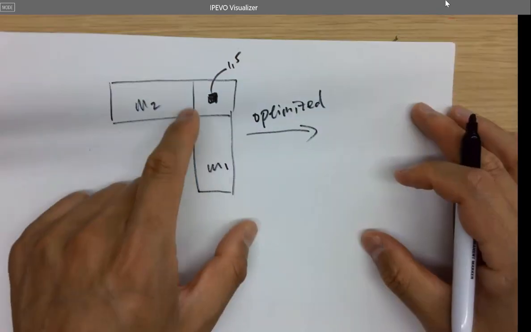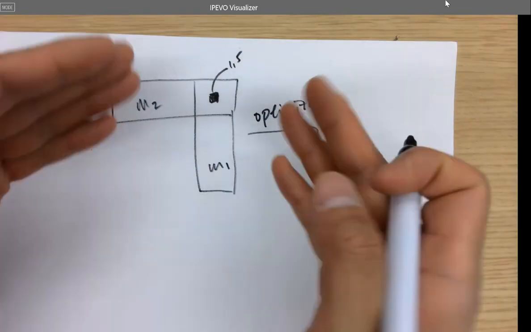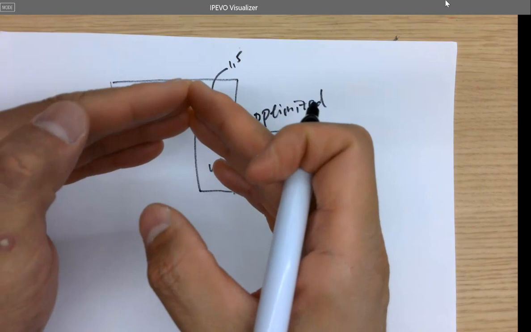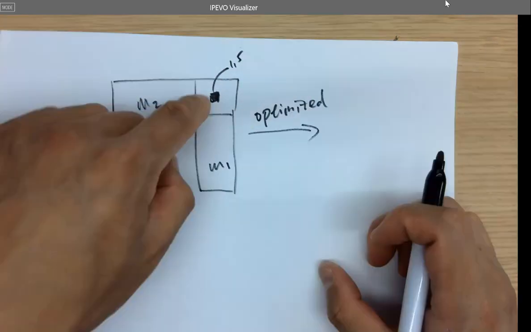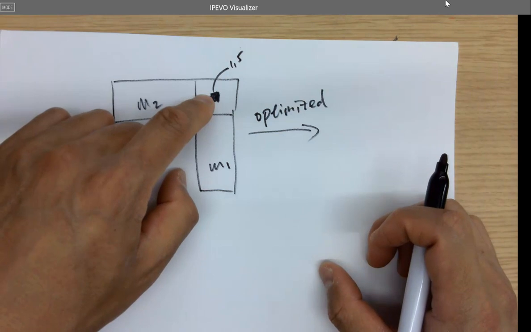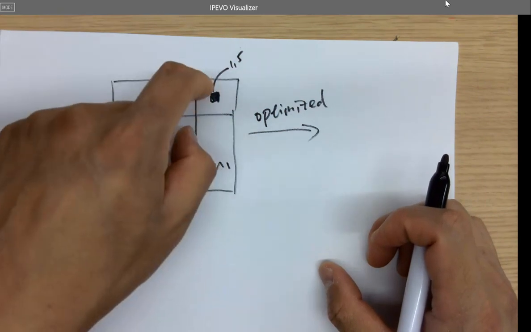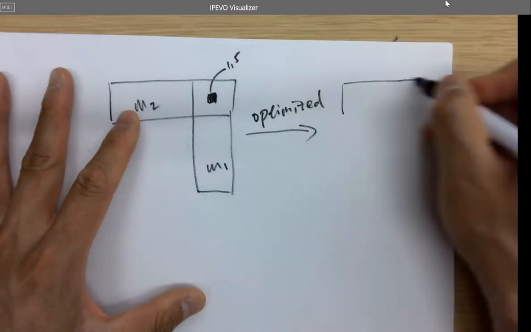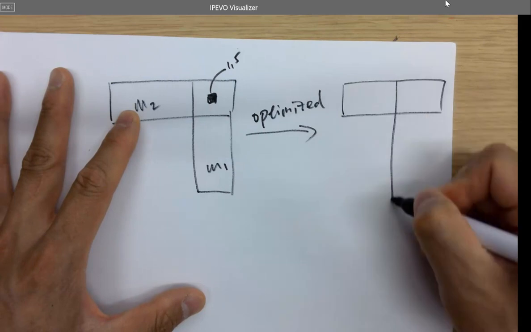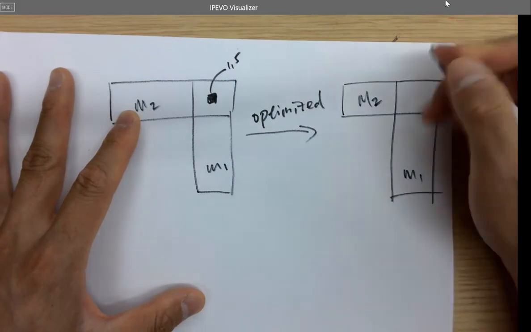So during your layout, if you draw a bigger metal 1 and metal 2 and you connect them together with a via, it's going to automatically generate multiple vias instead of just using one via. So the EDA tool is going to do that for you. You don't have to draw multiple vias by yourself. And the reason you prefer more vias instead of just one for the wide trace